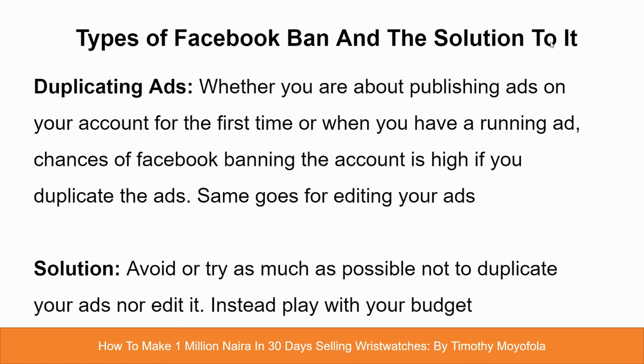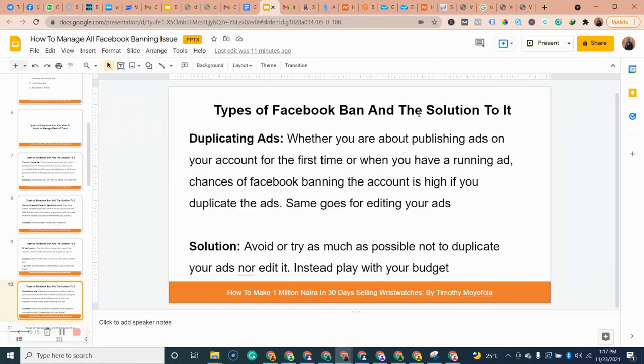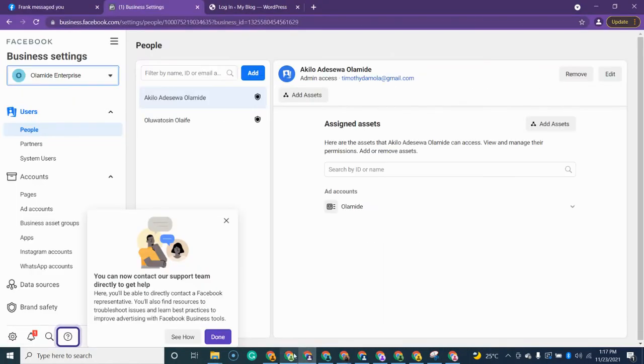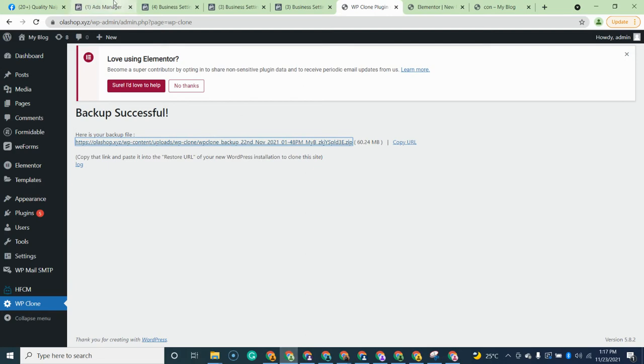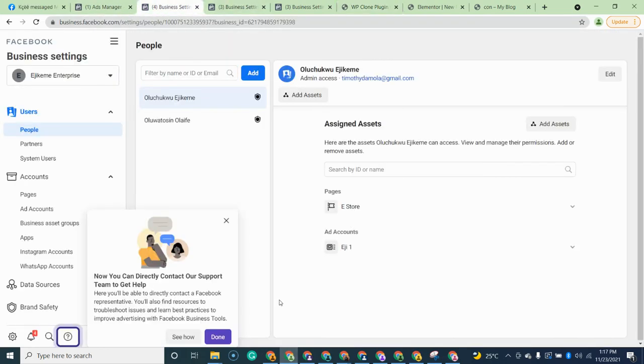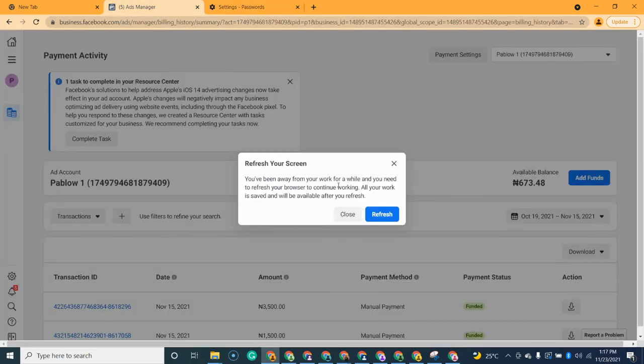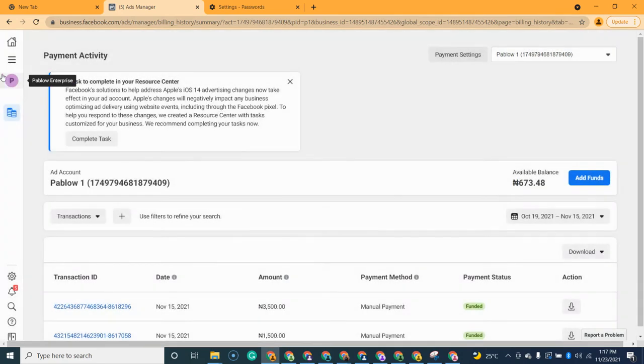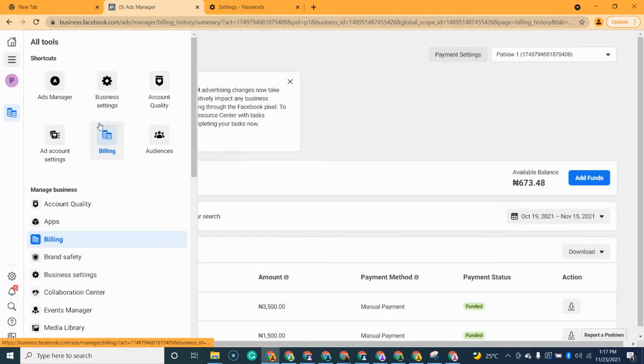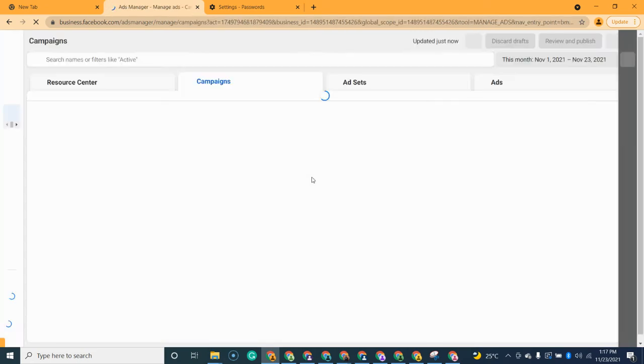You know, there's a way you can edit your budget without your advert going into review. Let me check if I can show you one here, how you can edit adverts without them going into review. Let me check Ads Manager and show you this. I don't edit my ad at all. I just play around with my budget, because when you edit your adverts,